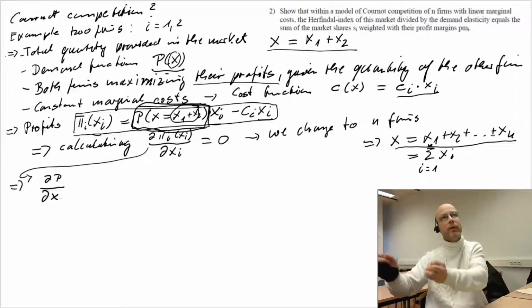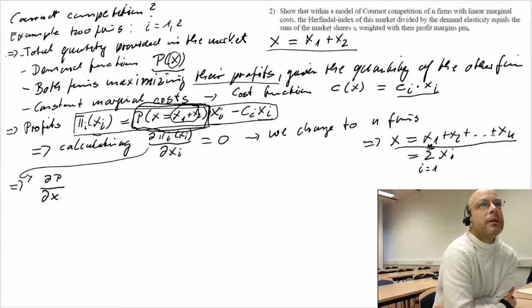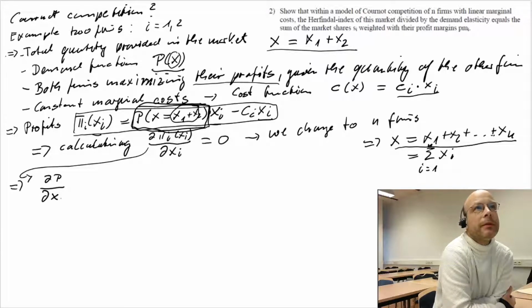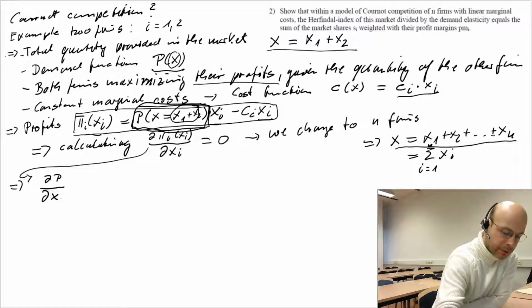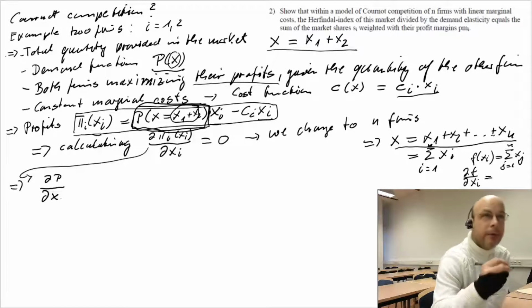The sum where we have xi inside. What is the derivative of the sum with respect to xi? So if you suppose f of xi is the sum, then we have to change to another index, j equals 1 to n, df dxi equals then